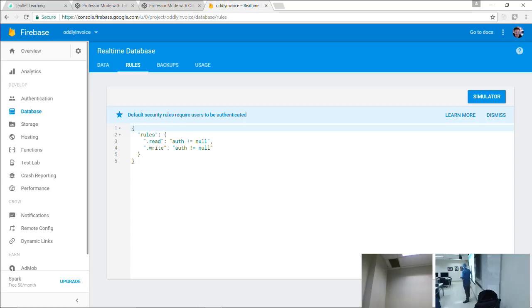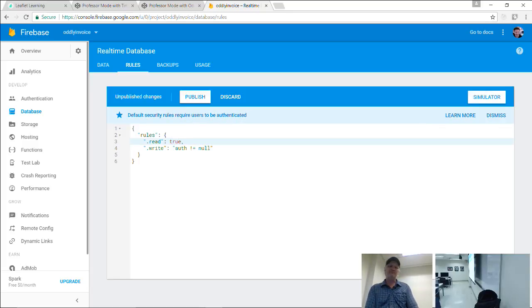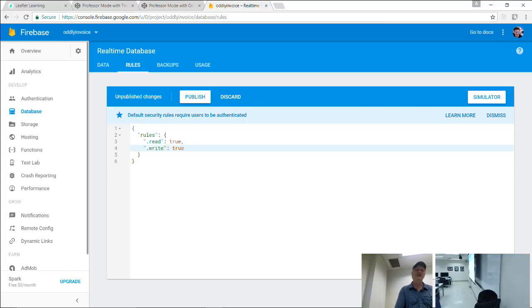So right now, it's saying nobody's allowed to read or write to any part of this database. Well, that makes it kind of useless for us. So let's change this. We'll say read and write. We'll set them both to true. Now that means it's going to be completely open and it'll give you a little warning. But I usually do work this way because it's more convenient, and once my application starts to hit a point of maturity, I'll go in and start turning security back on to protect access. But for now, let's make it totally open.